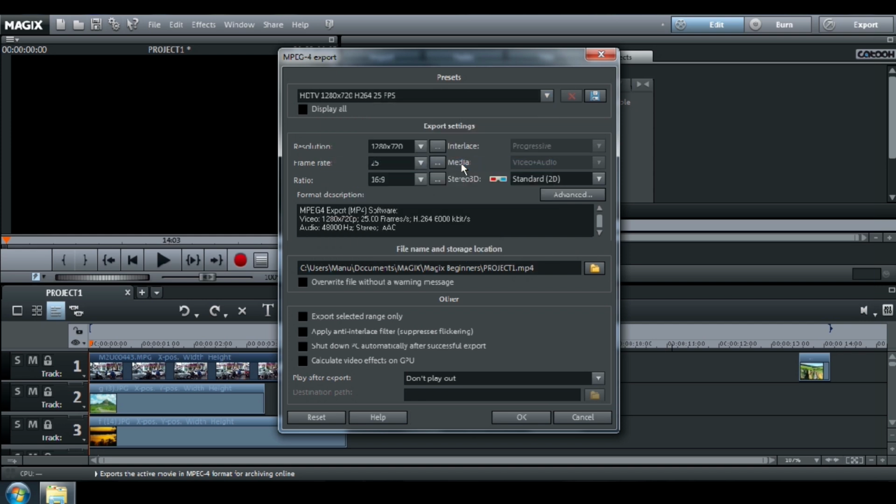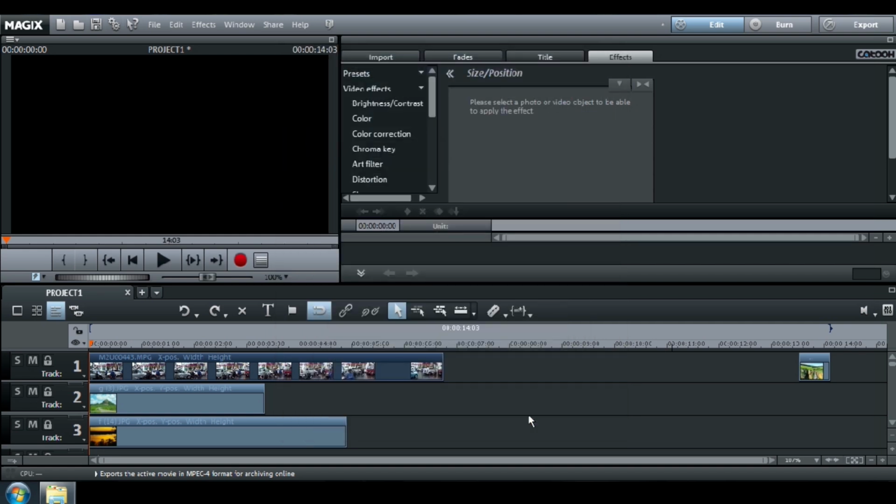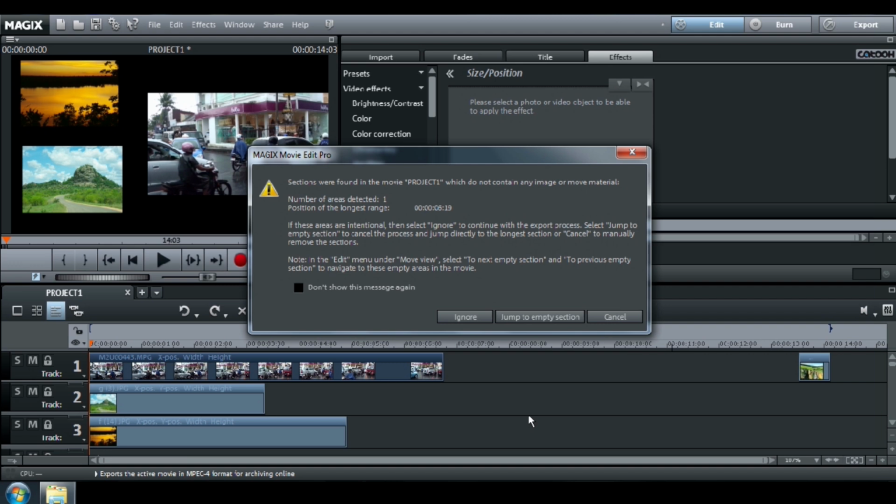Choose the folder where you want to save it, and give a name to your video. If you get an alert about a section without any content, click on Ignore.